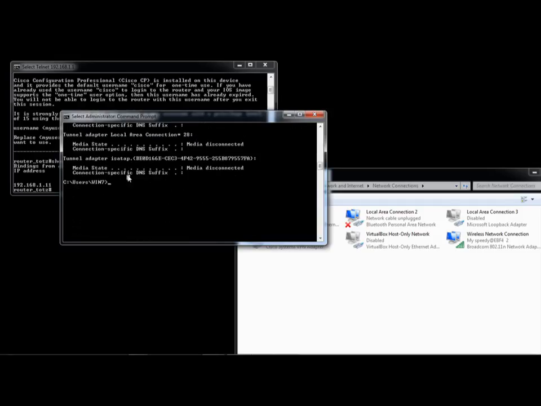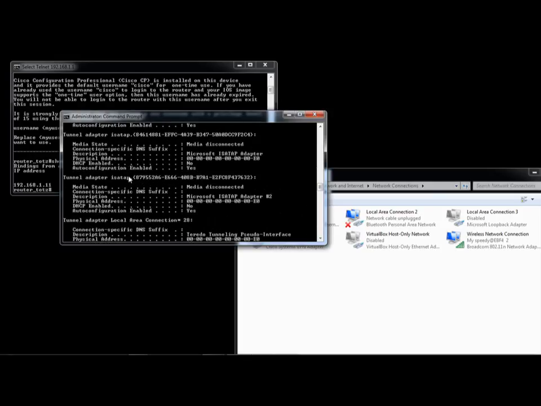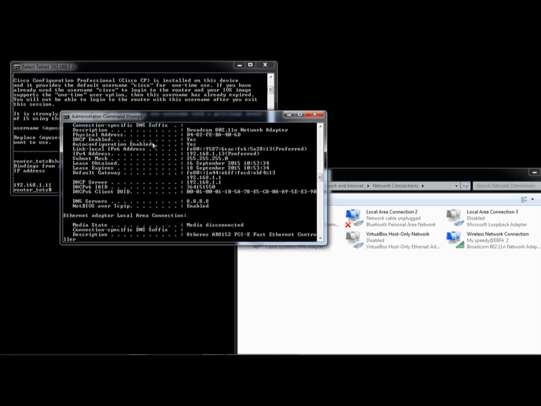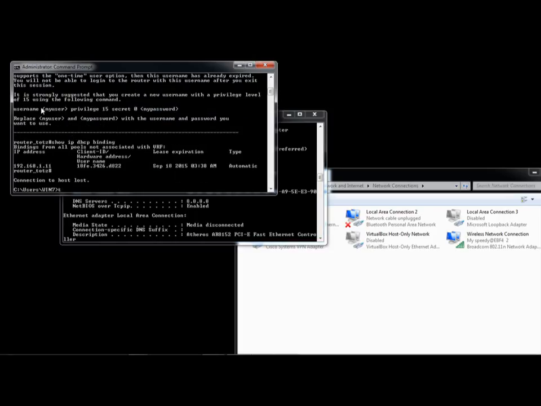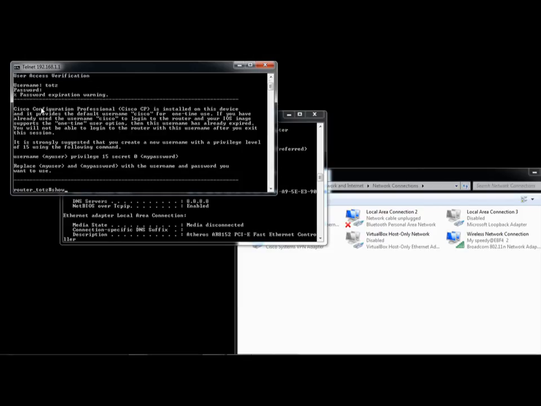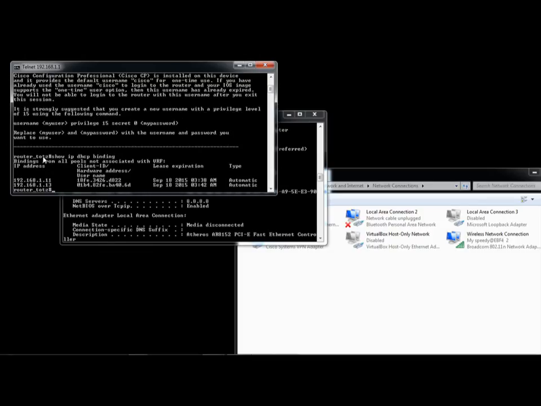Okay, let's see our host config again, ipconfig /all, and telnet again to your router, enter your username and password, and enter the show ip dhcp binding command again, and here we go. Another host has been added to your show ip dhcp binding.